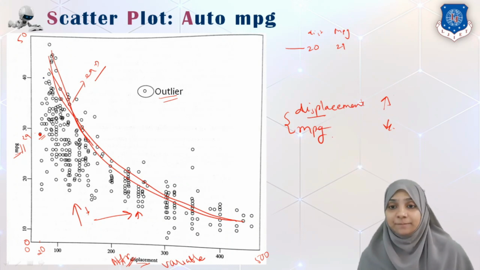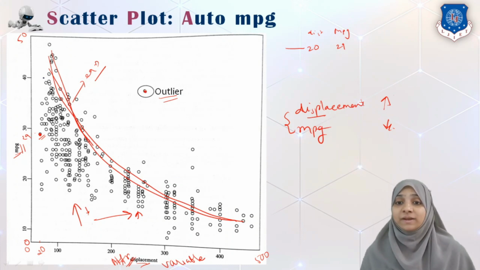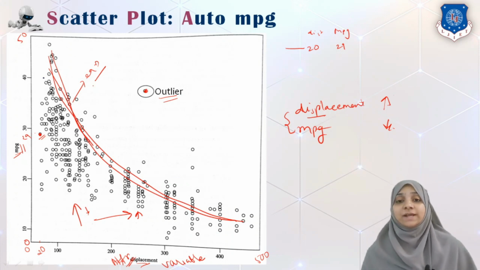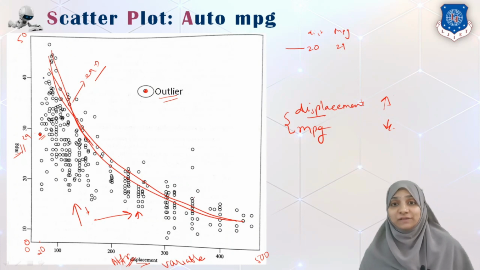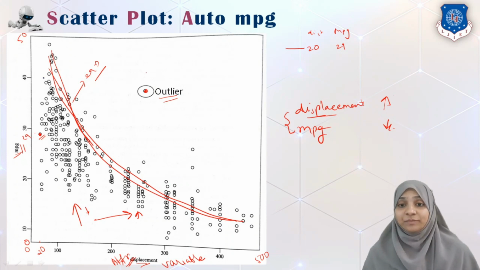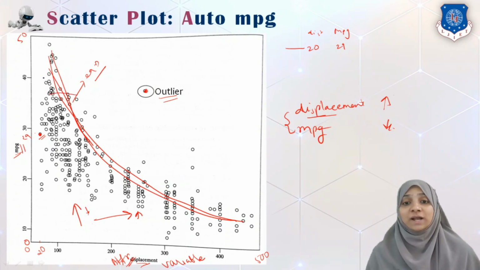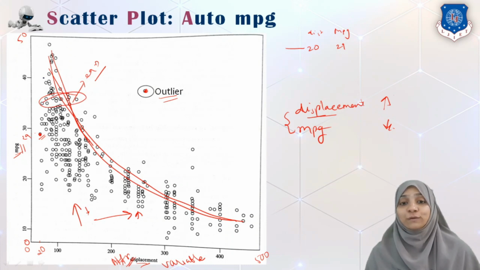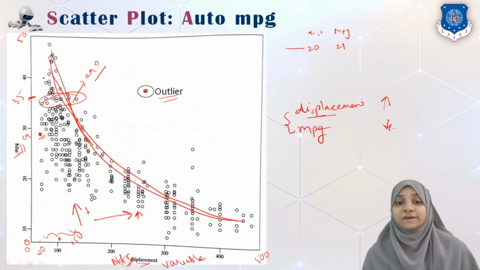But here one sample does not follow the curvature of this curve. That means it is not following the nature or the equation of this curve, for which as displacement increases, miles per gallon decreases. Other samples are there whose displacement is lesser, from around 50 to 150, if their miles per gallon is 35.